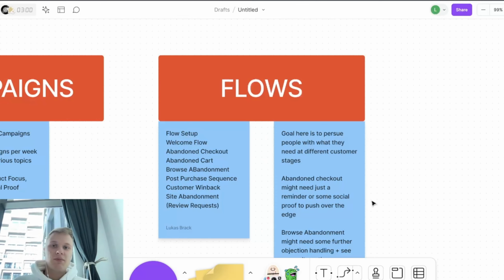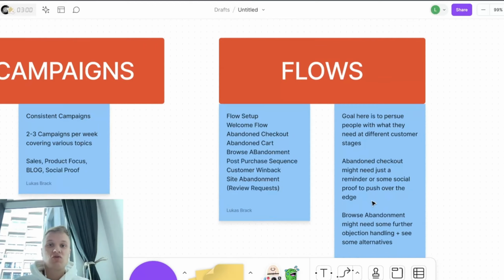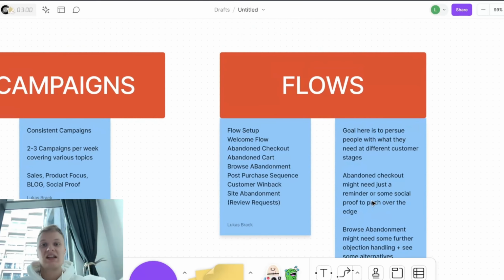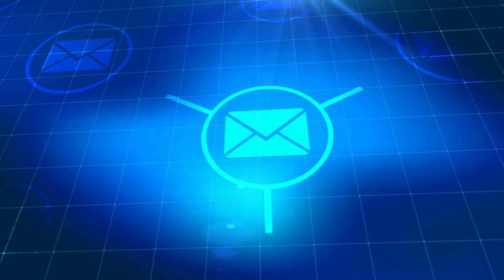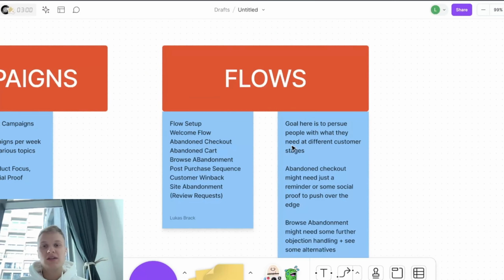This is vital to set up because no one will ever get to great email results to consistently send out all these campaigns. Imagine you sending manually emails to everyone who goes into the checkout process. That would be super, super low leverage, right? So that's why we take this up, use automations to do that.